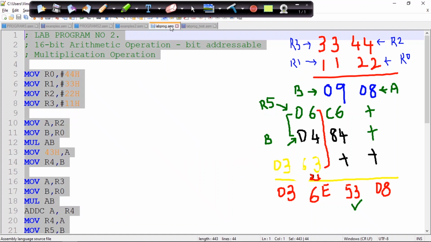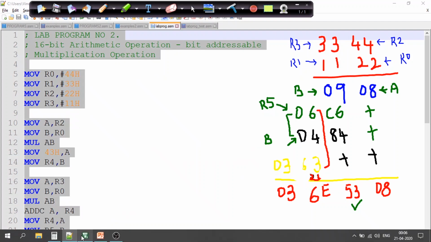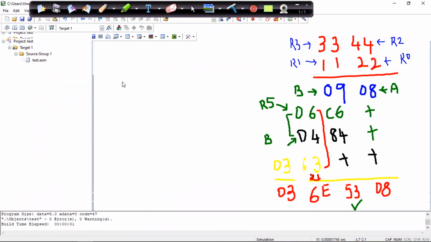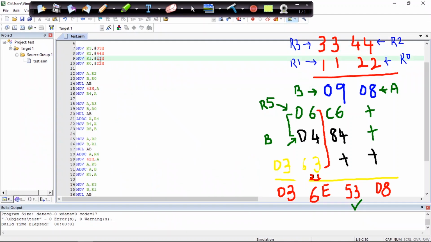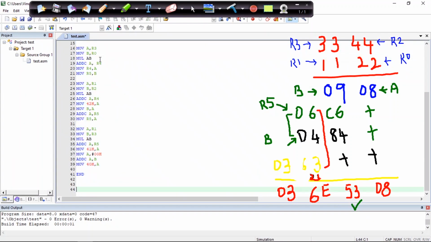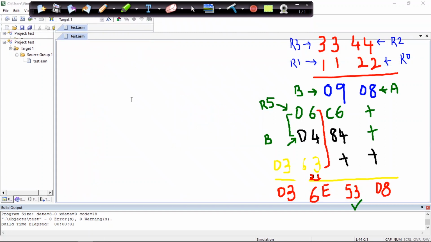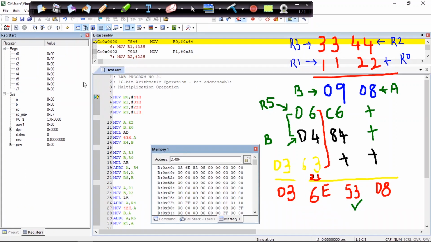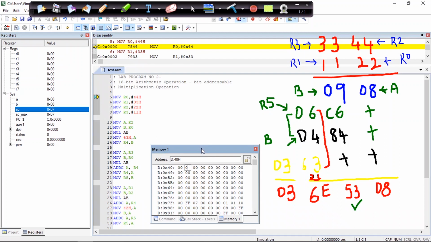Okay, let me take the particular program over here. Now if I run this, let us clear all these things. So it has been cleared as of now.